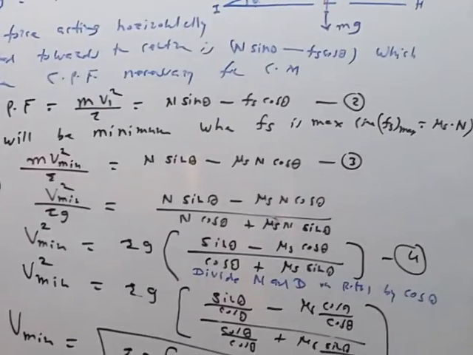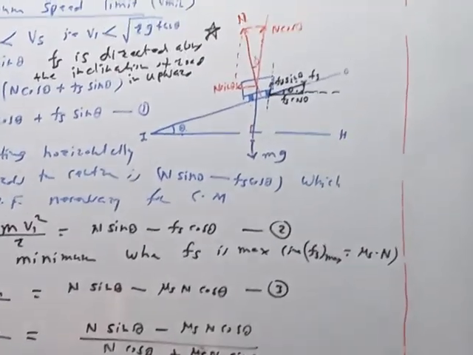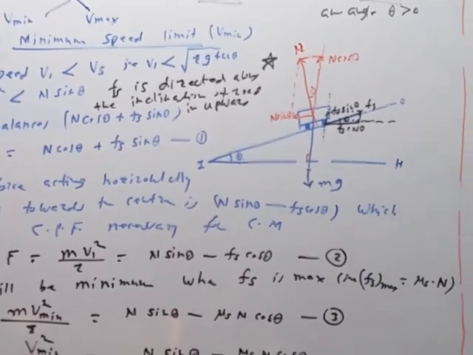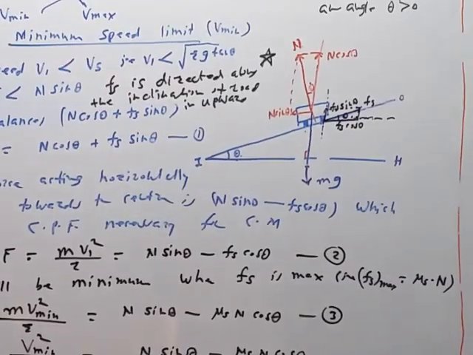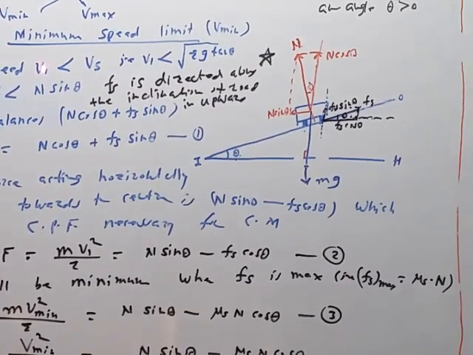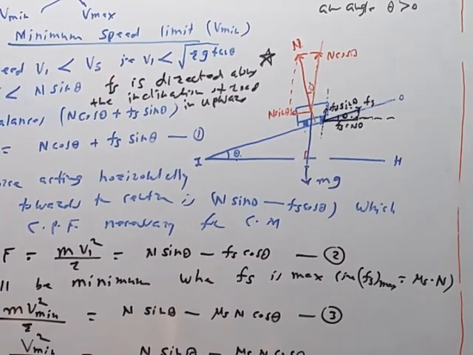Now we have to derive the expression for the Vmax. तर Vmax च्या वेळेस काय होईल? ही कंडिशन चेंज होईल. Now we will consider one more speed V2, and V2 will be more than Vs. That will be Vmax. V1 म्हणजे V मिनिमम आहे आणि V2 म्हणजे Vmax आहे. आपण त्याला सिम्बॉल V1 V2 यूज केलेले आहे.